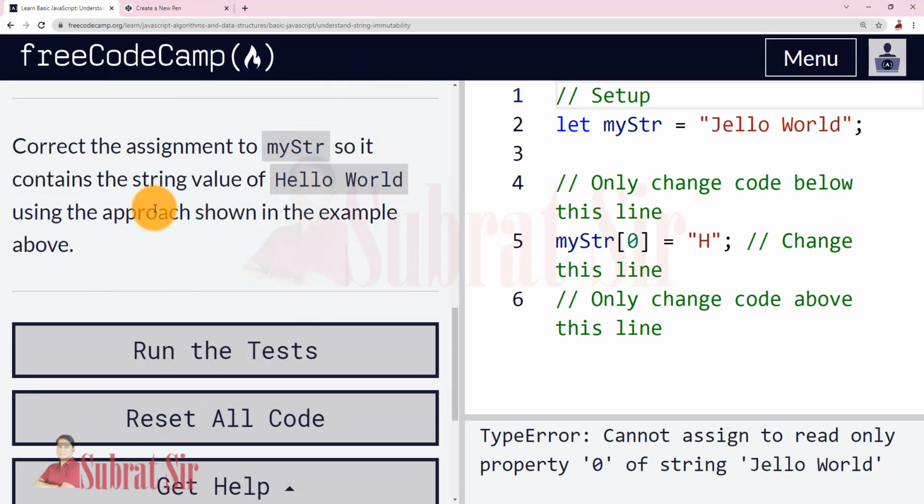Assignment for this lesson: correct the assignment to MyStr so it contains the string value of hello world using the approach shown in the example above. MyStr equal hello world. Only change the code below this line. MyStr of 0 equal h.